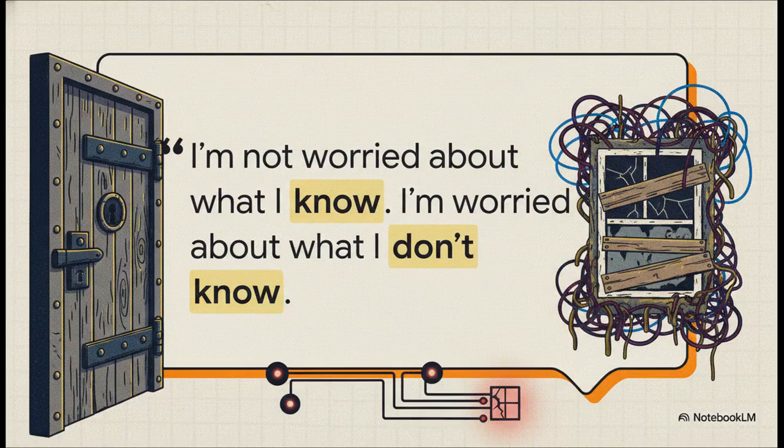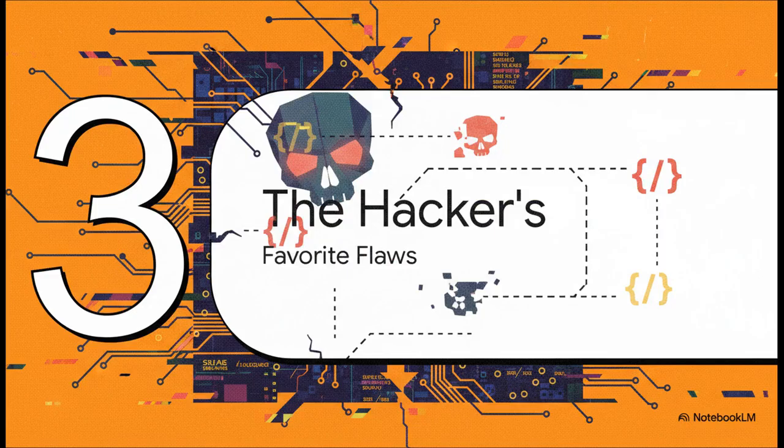This quote from a security executive just hits the nail on the head. It perfectly sums up the fear. It's not the front door you have 5 locks on that keeps you up at night. It's that one window in the basement you didn't even know was there. That's the real problem. So when an attacker finds one of these spooky shadow, zombie, or ghost APIs, what do they do?